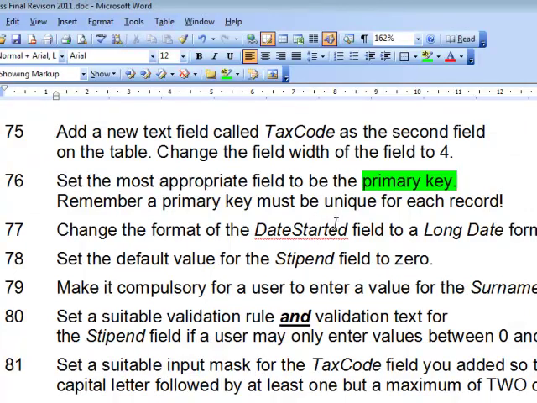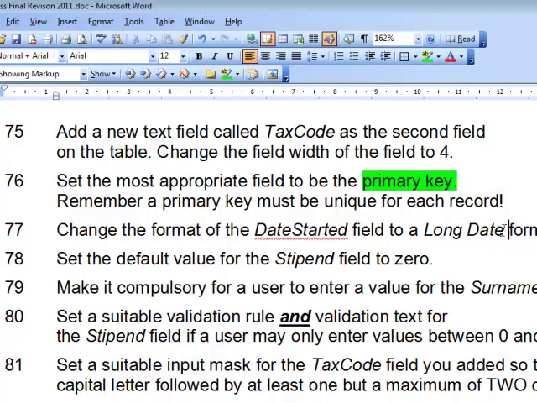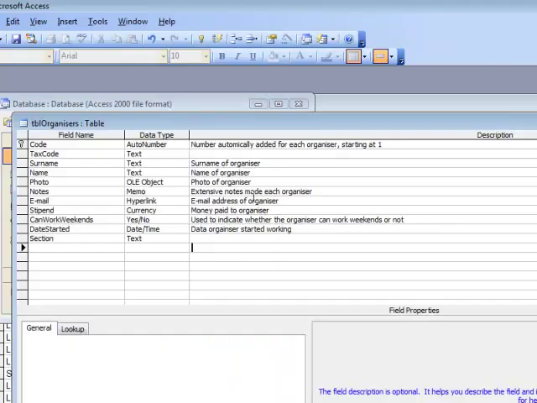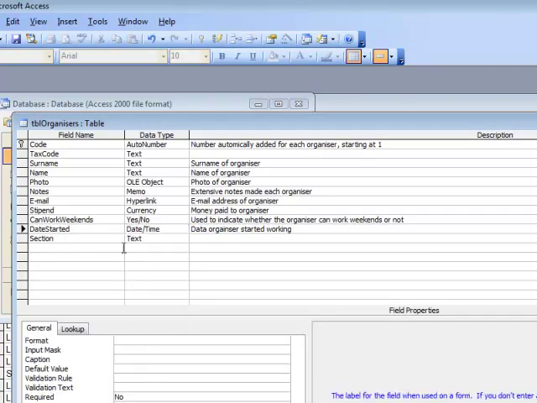Change the format of the date started field. So the date started field to be a long date. So date started. Okay, down here you go and change everything that you need to change. So here's your format down here. So I've clicked on that field over there, date started, and down here is your format. And